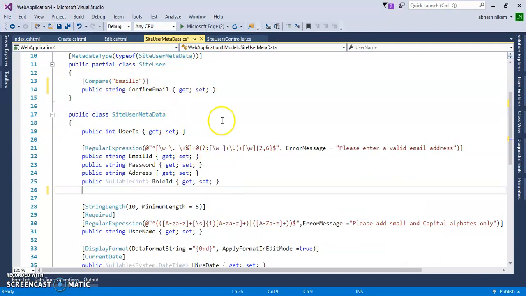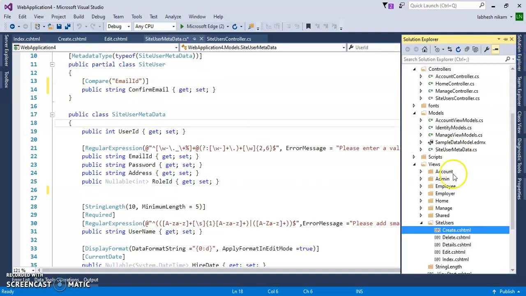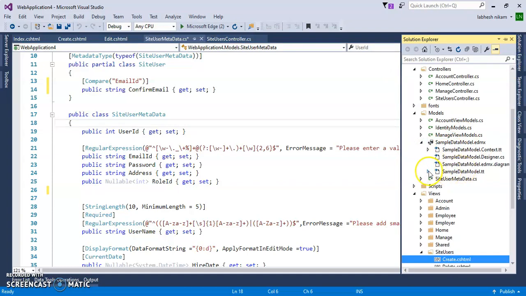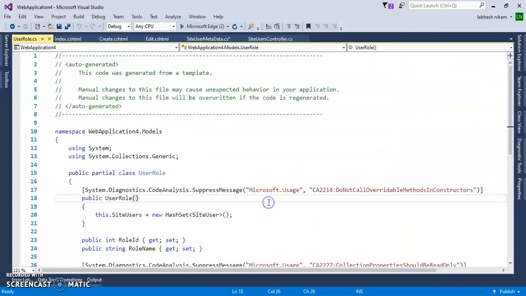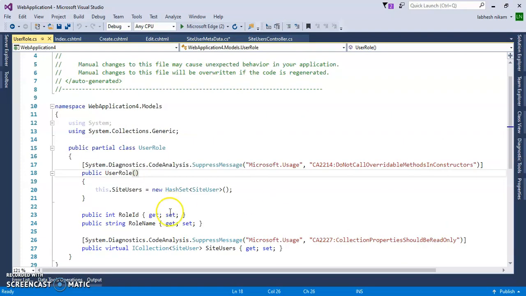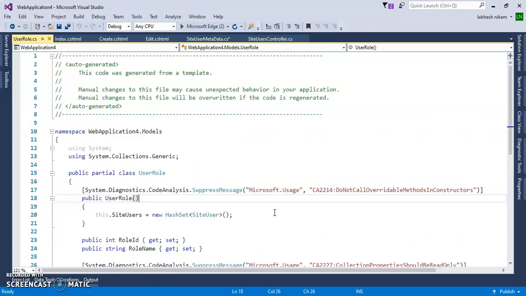Now that error will not be generated because it is outside of this metadata class. The entity framework table has only the properties of the table data. You can see here role ID, role name, like that, all the properties of only the tables.